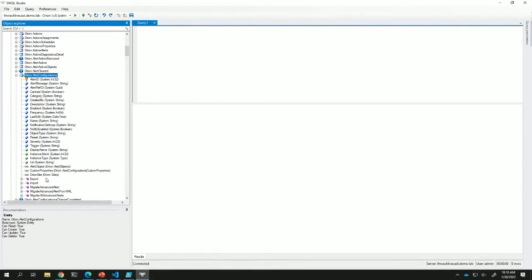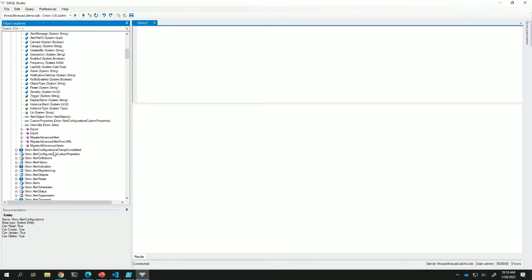But I also have access to all of the verbs. So import, export, migrate. Now these migrate ones are obviously things that probably aren't going to apply to you, but import and export, and also the connecting. So this is a connection property. You could actually do configuration dot alert object dot, and that will take you over to the alert objects entity without actually having to build a join. We can go into a lot more details on that if you want. My recommendation though is to stay away from SQL as much as you can. Let that system handle itself and do as much as you can through the API.